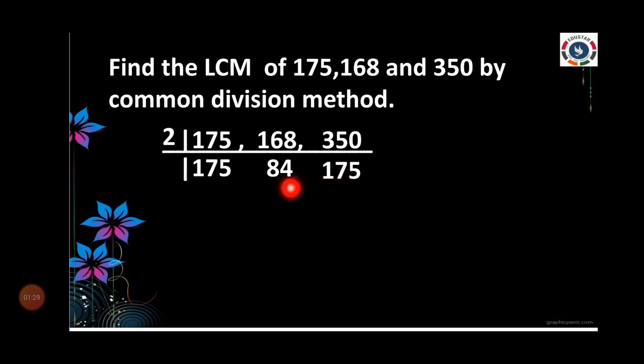Okay. Now you want to check. First number is odd, second number is even, third number is odd. So one even number is there. Otherwise, use the test of divisibility rule. The divisibility rule we can use to find whether it is divisible by 2 or 3 or not. We can check by using the divisibility rule. So first odd number, second even number, third odd number.